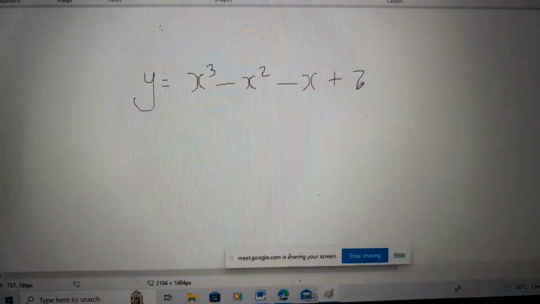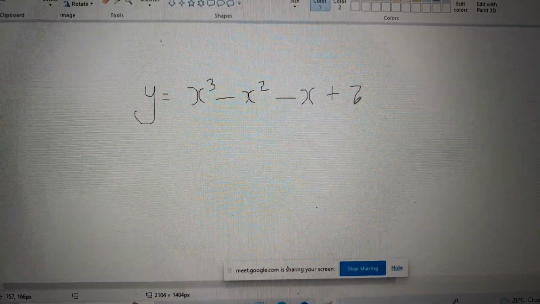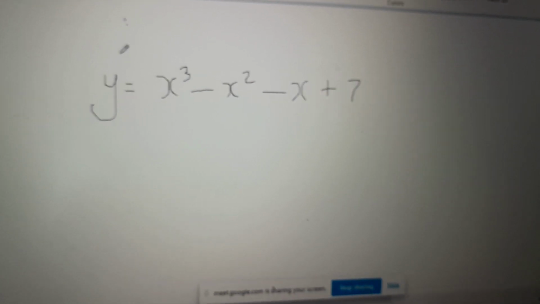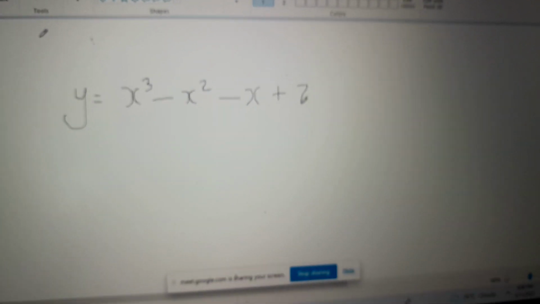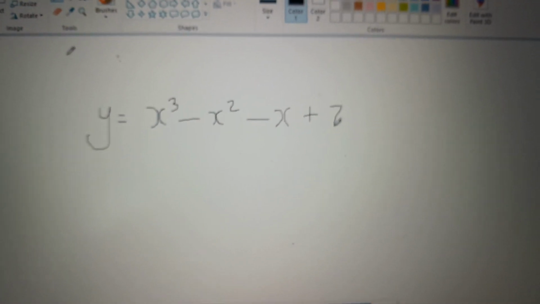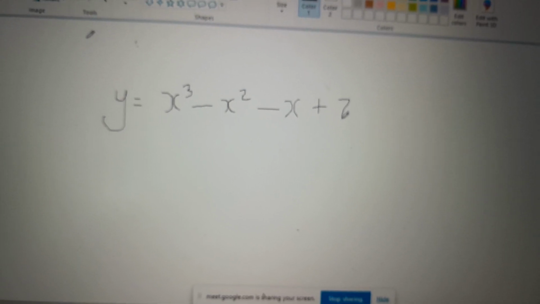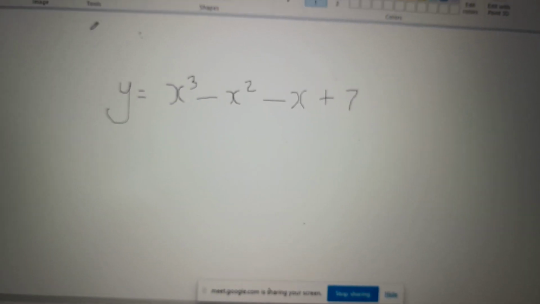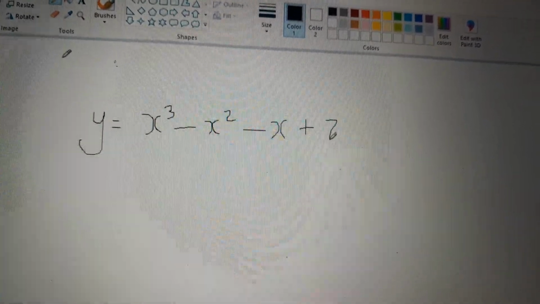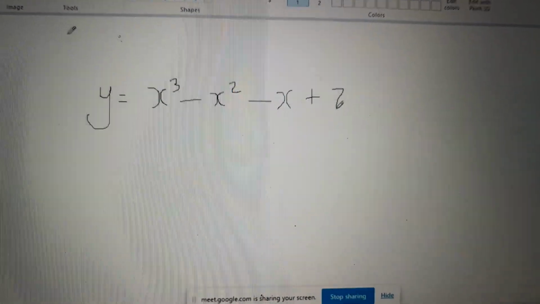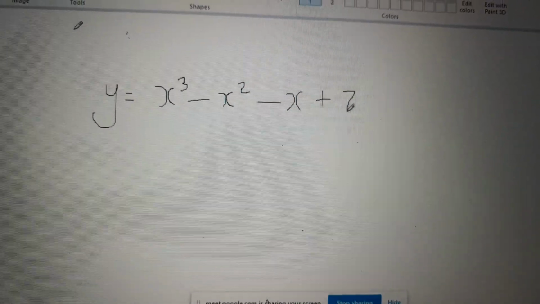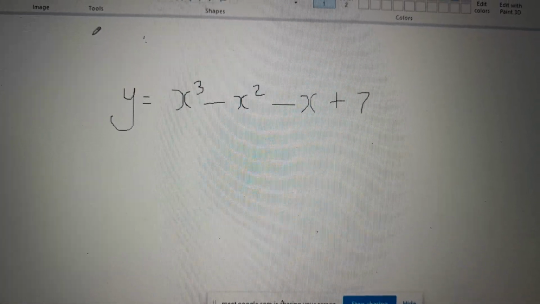Great. So you have this equation here, and your task is to find the coordinates of any stationary points on the given curve. Right? So you can just make a note of it. The instruction is find the coordinates of any stationary points on the curve. That's the first part, and the second part is distinguish between them. Now, this curve may have more than one stationary point, and you will have to distinguish between